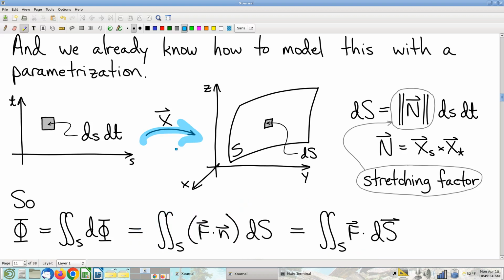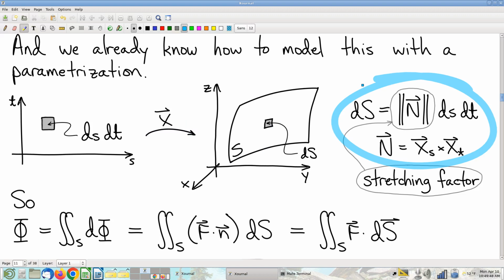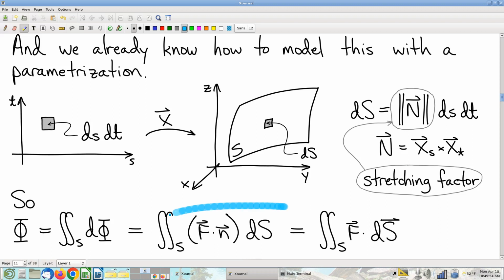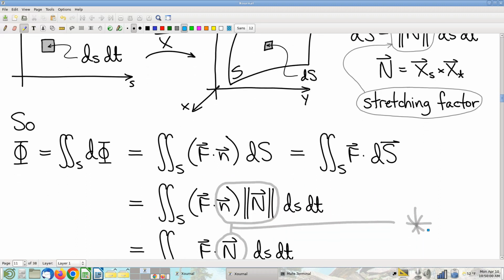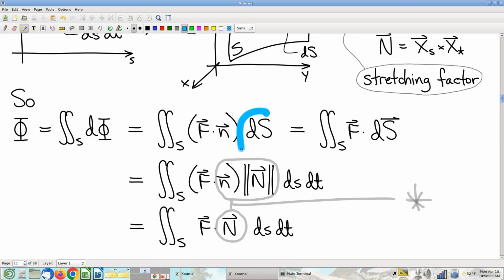Remember, when you have a parameterization of a surface, then there's a parameter space, parameters S and T, let's say, and then of course that's parameterizing a surface in XYZ space, and we already know about the stretching factor. We've already worked all that out. So what do I do with all of this? If I have a flux that I want to compute, the observation is this, that if I plug in for what the dS scalar is, and then if I look at this thing right here,